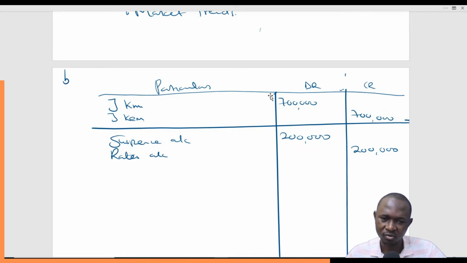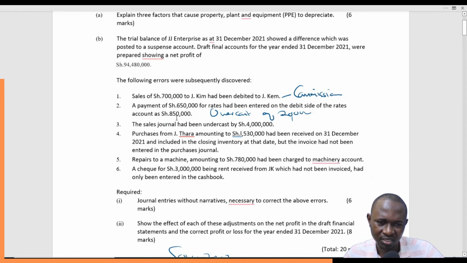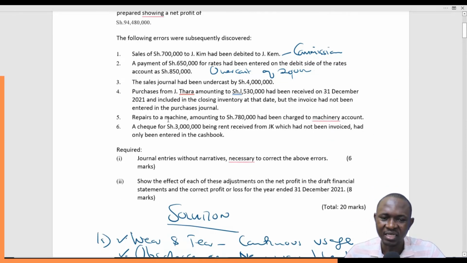So when we credit the rates account with 200,000, we are simply reducing this figure so that it goes back to 650,000. And since it has affected one side of the ledger, we normally talk of the suspense account, which is the double entry